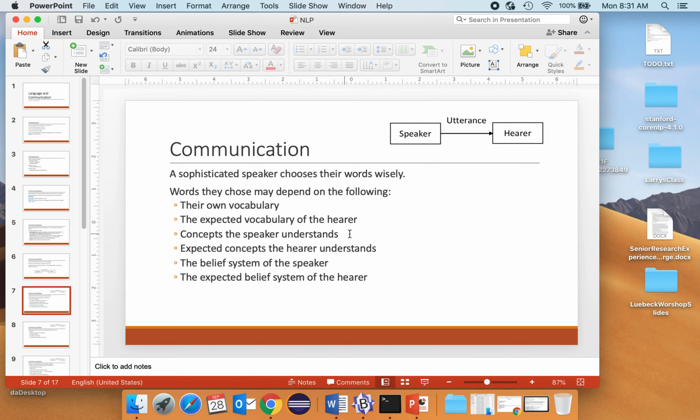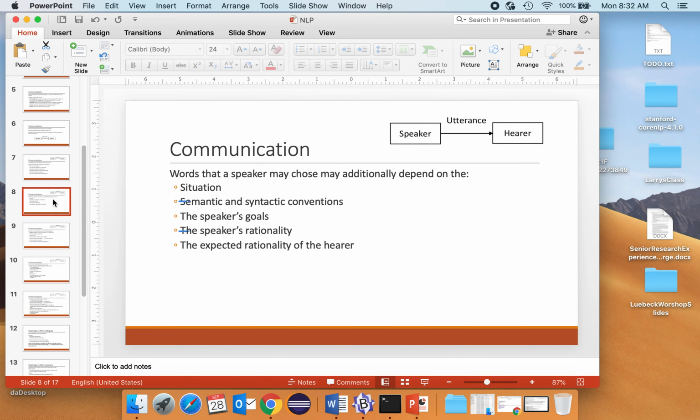Think about the way we do education: we have Calc 1, then Calc 2, then Calc 3. There's a reason for that. We have 120, 220, and 230, and we wouldn't want to reverse these things because a later course depends on some of the stuff that you learned in earlier courses. And then there is the expected belief system of the hearer as well as the belief system of the speaker. You might want to communicate something that you believe, but maybe you know that the belief system of the hearer is a little bit different. So you would use different words or different concepts to try to convince them of something. Quite complex.